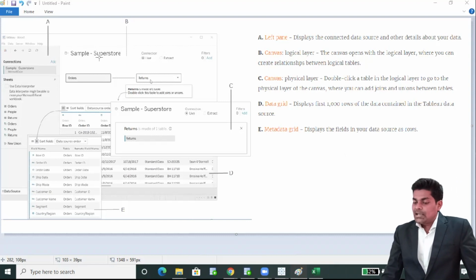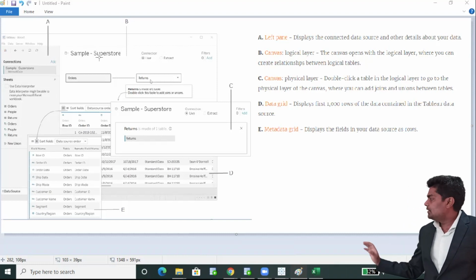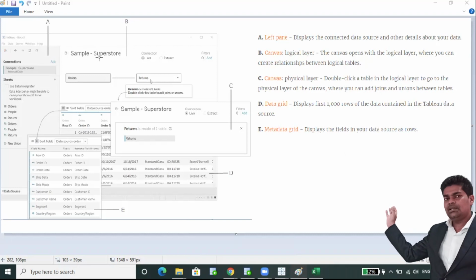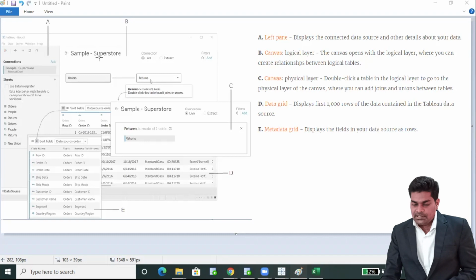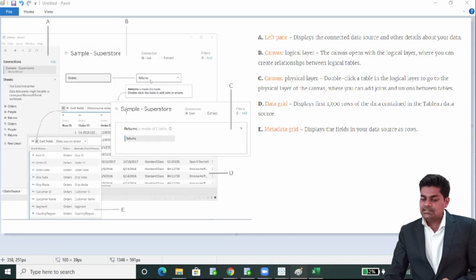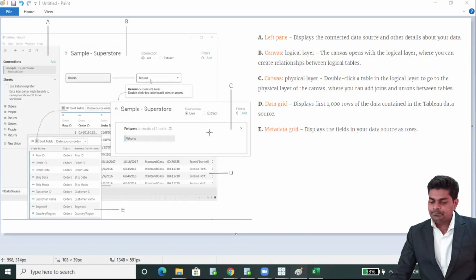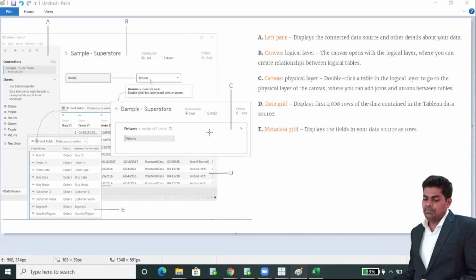The canvas opens with the logical layer where you can create relations between logical tables. Here we can bring multiple tables and create joins. Then C is the physical layer, and here we are bringing multiple tables.